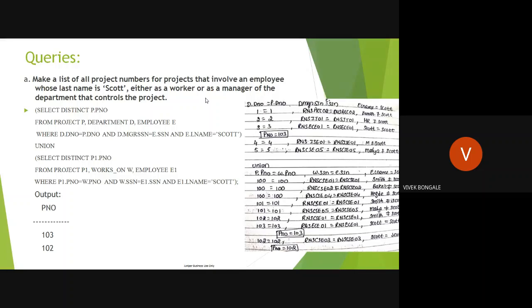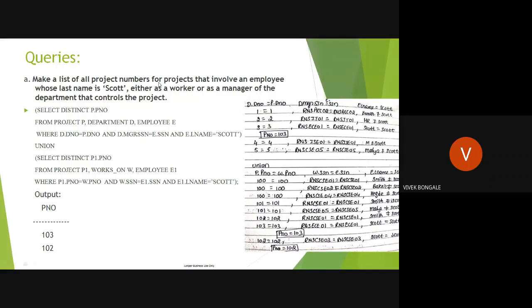Correct. From the employee table we'll get the information of Scott, from the department table we'll get the manager information, and from the works on table we'll get on which project he is working. That information I will get from the works on table and the employee table. So actually we are going to use four tables. First, which query do we have to write? Either we can write when he is acting as a normal employee, or when he is acting as a manager. So this query is there in your syllabus also, explained in the theory class, correct?